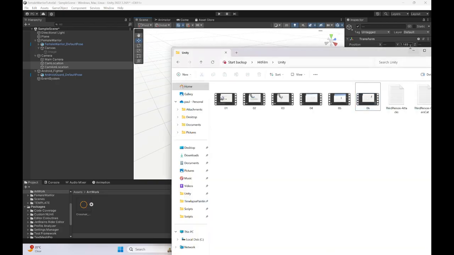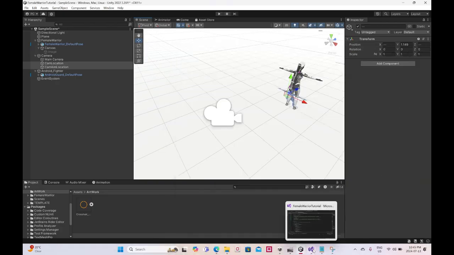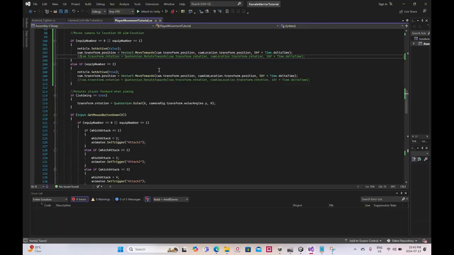The reason why it wasn't working is because, number one, I don't know if you noticed, but the reticle wasn't showing up. All I had to do was move this piece of code from the bottom to the top. It wasn't reading it because it was at the bottom. Another thing,